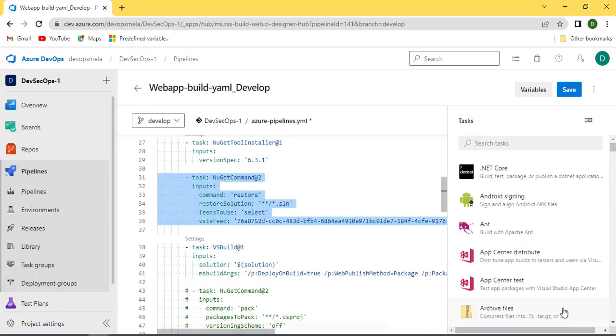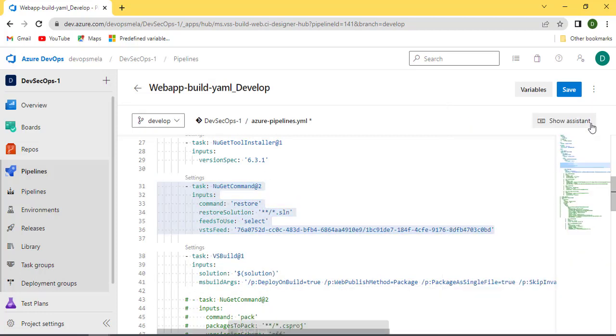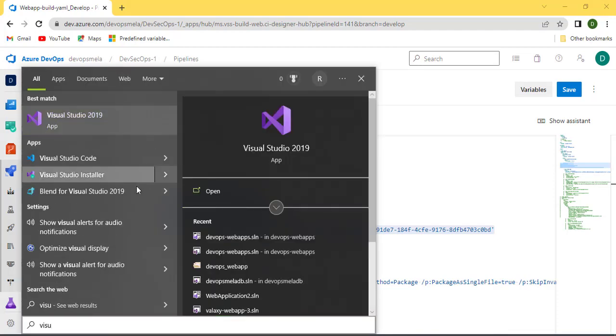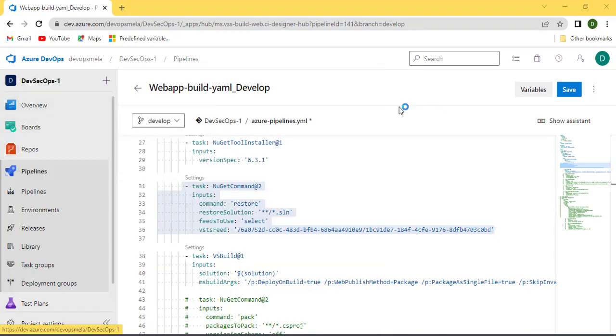Now the only difference, the restore is still there. So we will still do the restore. The only difference is that I'm doing the restore from my own source now. I am not going on NuGet.org to do a restore, or I am not dependent on any third-party source for doing this restoration. Okay, in the meanwhile, let me open Visual Studio and keep it because it takes time for the second